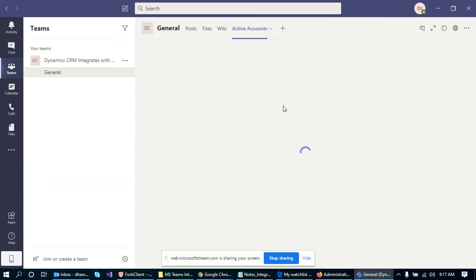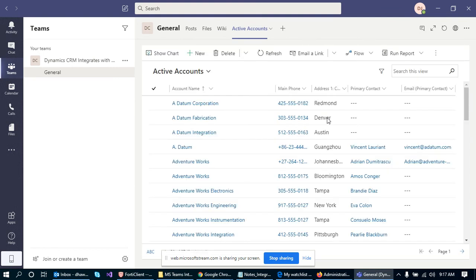Now the active accounts will be syncing from my Dynamics CRM to Microsoft Teams. The benefit of this integration is, let's say a salesperson wants to see a specific list of accounts directly in Teams without going to Dynamics CRM again and again.